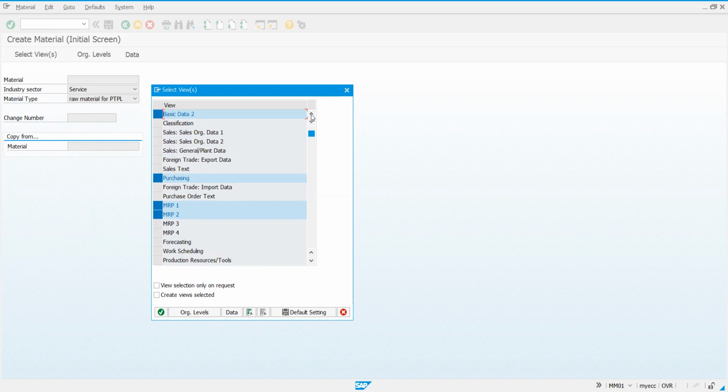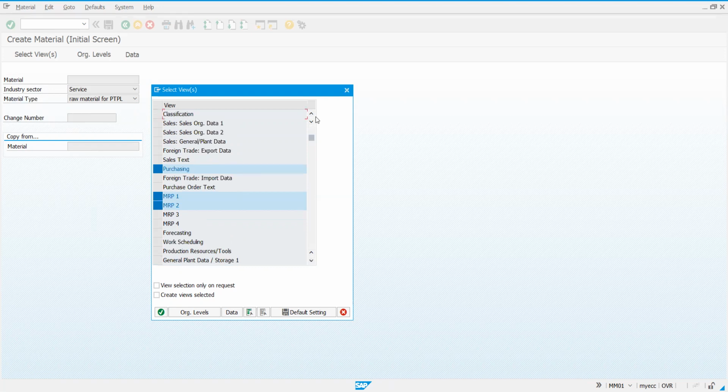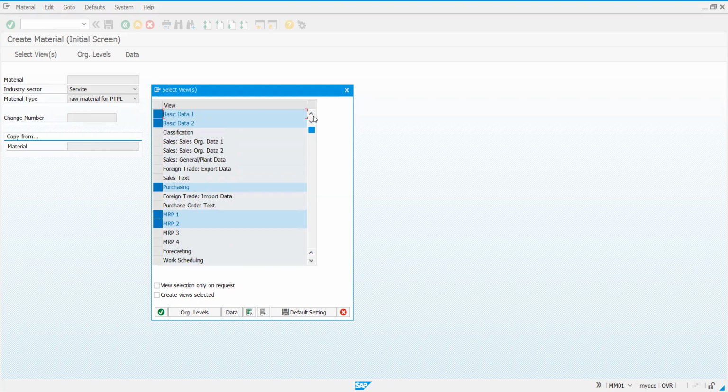MRP views 1 and 2, I have selected already, and accounting view 1. So what are the views that we are going to select in this? You can write down this basic data 1, basic data 2, purchasing. Also, basic data 1, basic data 2. So I'll deselect and again select.